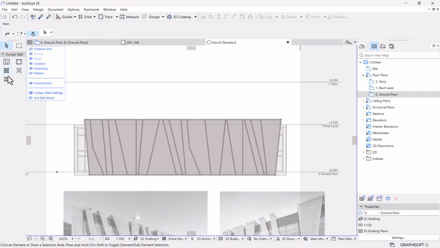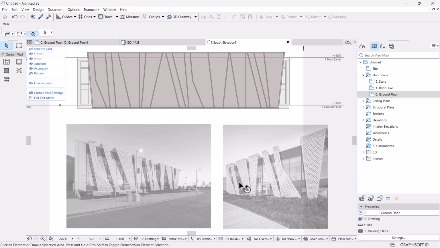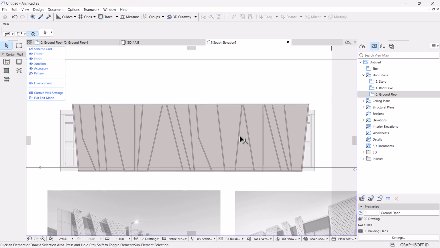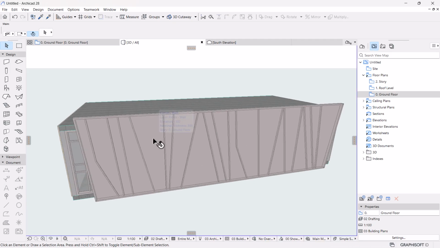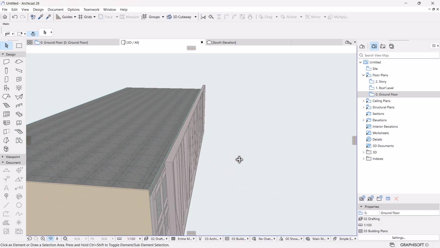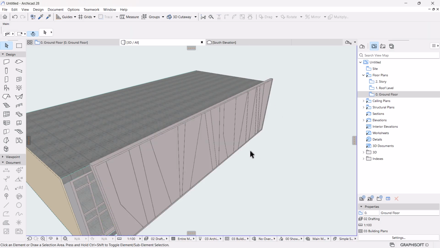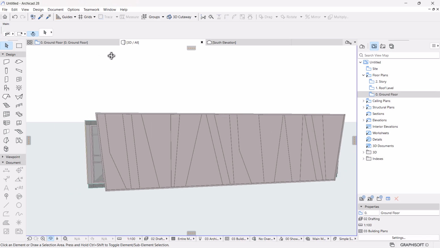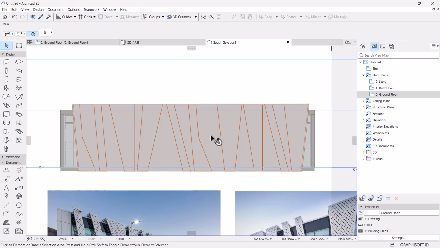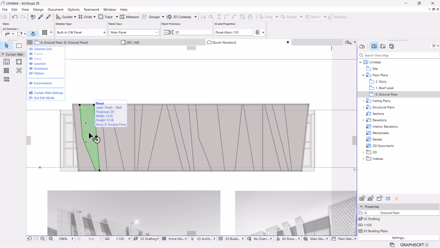Okay, from here now, because we have these empty spaces or negative spaces within our curtain, we need to address that. If you hit exit, to appreciate the result, you will have something like this. Let me do flip so that this becomes on the outside. We'll have something like that. All right, so let's go back to our elevation, edit,